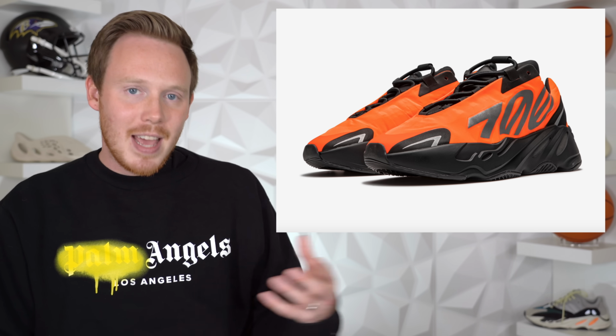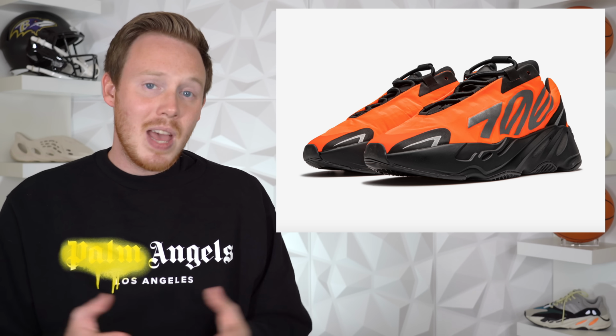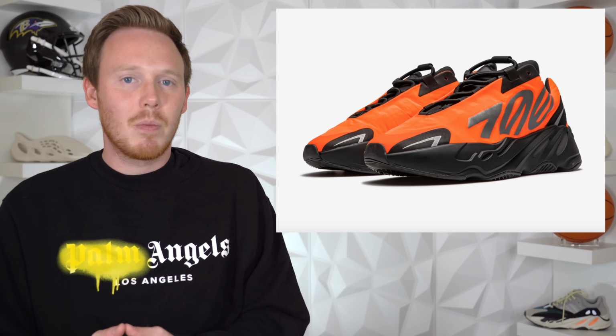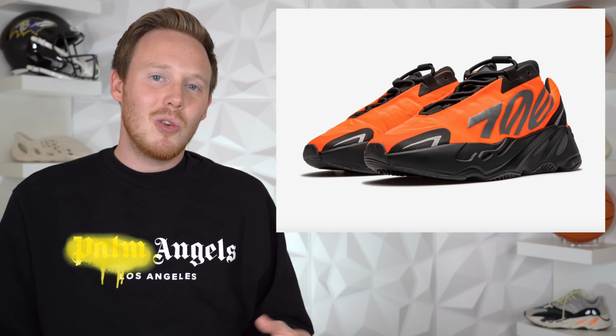This shoe released back at the end of February for a retail price of $220, and as far as I can tell, it's the most popular MNVN colorway. The MNVN is a weird take on the 700 silhouette. It removes all the paneling that makes the 700 silhouette unique and instead replaces it with one piece of nylon material. The most prominent detail on the shoe is the 700 branding on the lateral side of the sneaker in